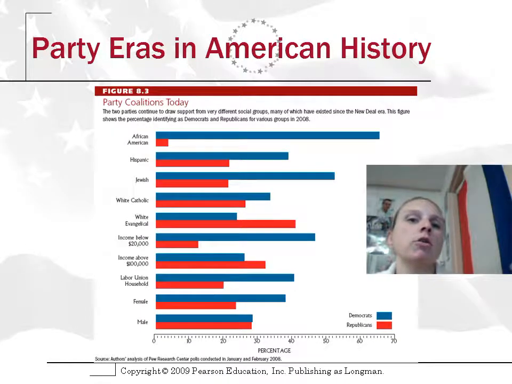This chart is actually in your book. It gives you an idea of what the coalitions are like today and which side they typically support, blue obviously being Democrat and red obviously being Republican. For the most part, you're looking at this and thinking, holy cow, the Democrats have a lot of support. But you can look at this on your own. Just in general, white, male, Protestants that are older tend to support Republicans, and minorities, women, and lower income people tend to support Democrats.